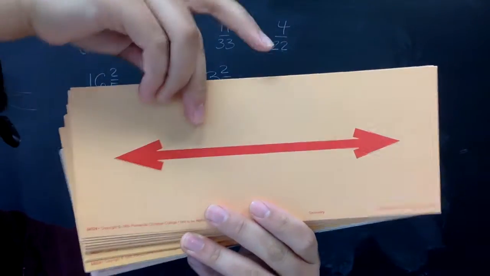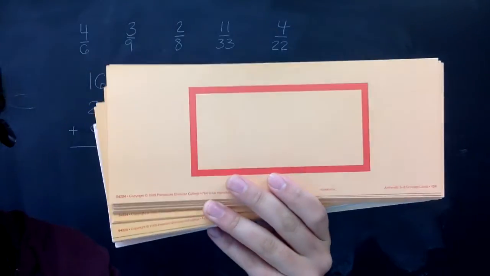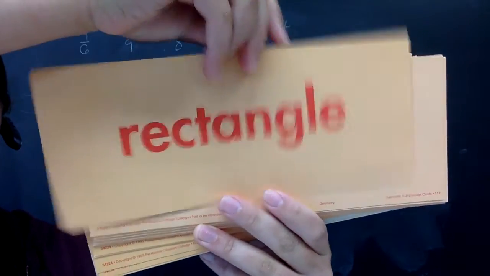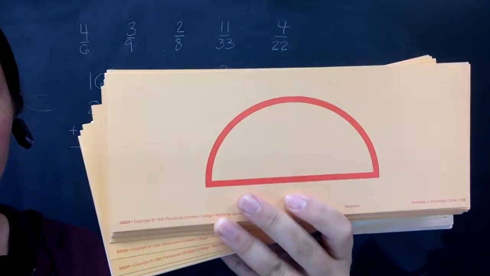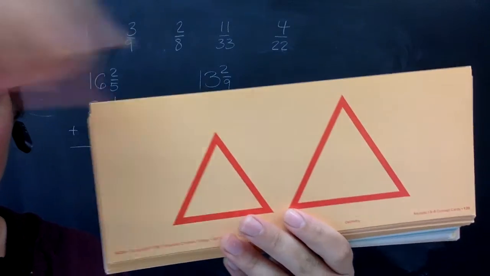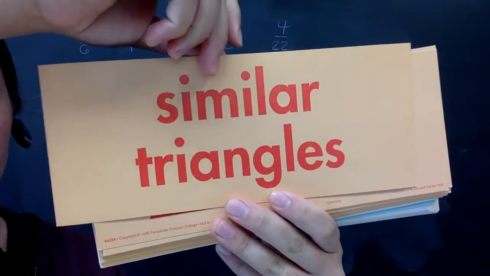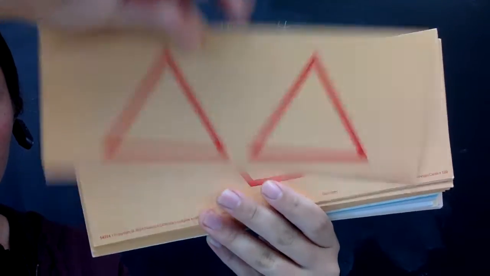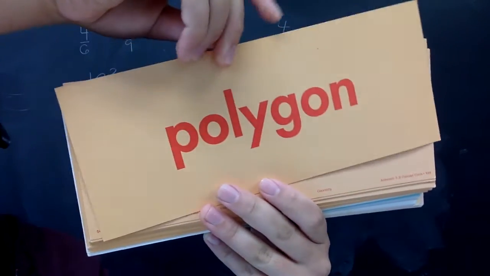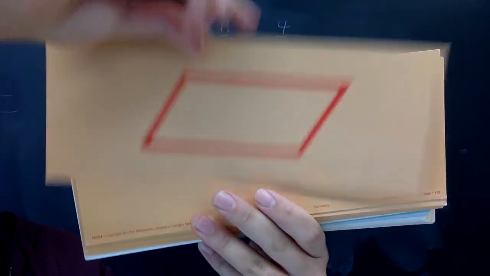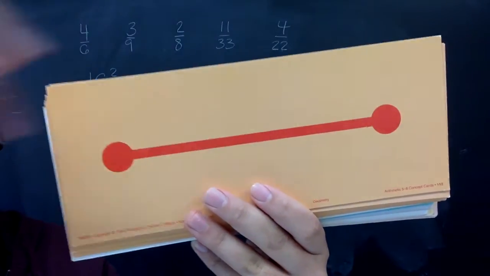Intersecting lines. Line, rectangle, perpendicular lines, parallel lines, simple closed curve, similar triangles, congruent triangles, polygon, parallelogram, line segment,